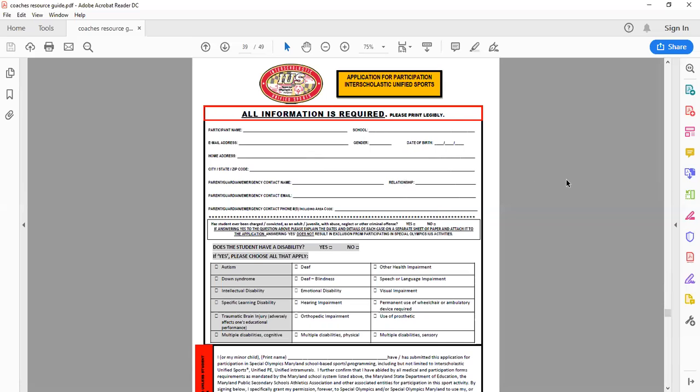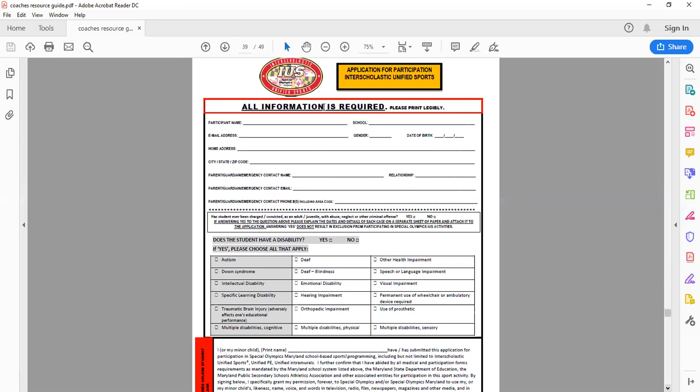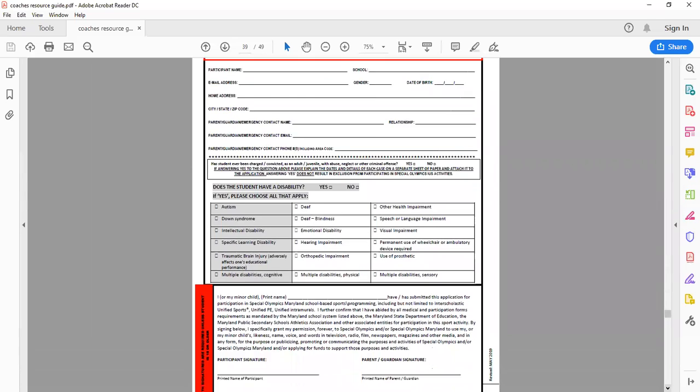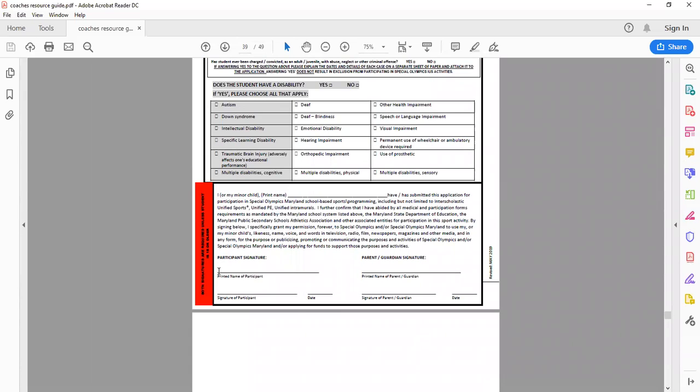You may print this directly from the file for those applications for participation. They do not have to be printed in color. You can print them in grayscale. This is so that you can see all the different parts. Please, please do not neglect this part here, the signature of the participant or the signatures of the parent or guardian, and do not neglect this box right here that you have to check up here